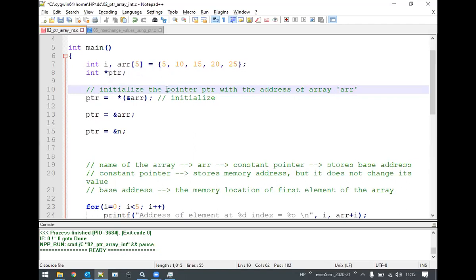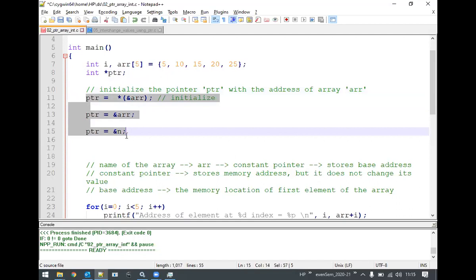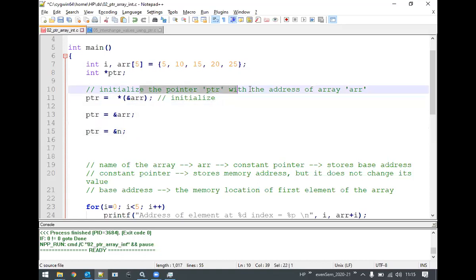Initialize the pointer ptr with the address of ARR. So now can you cross verify the answers you have told? Do any of the answers match with the statement we have written here?